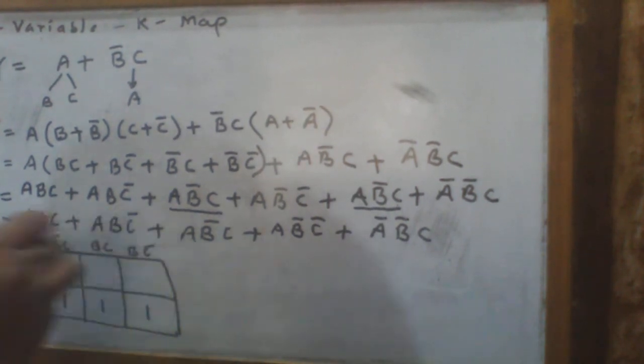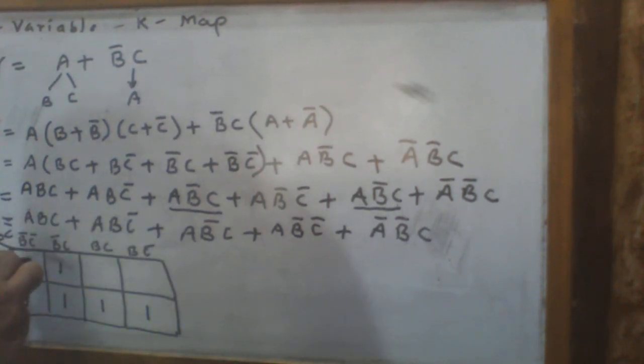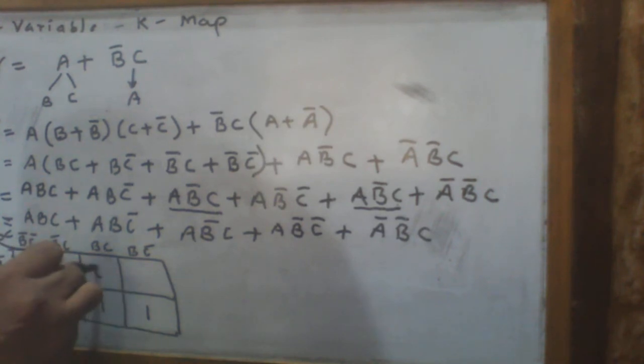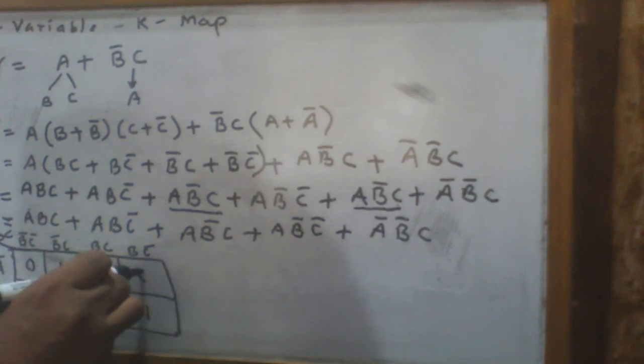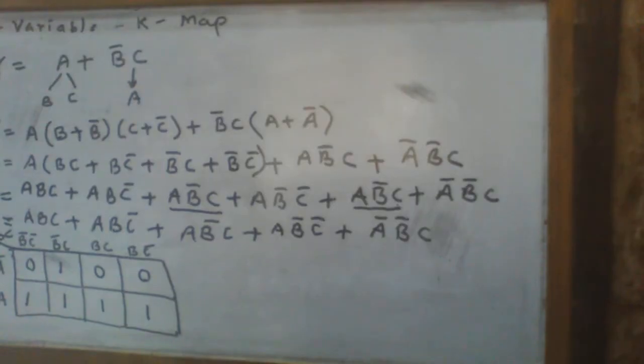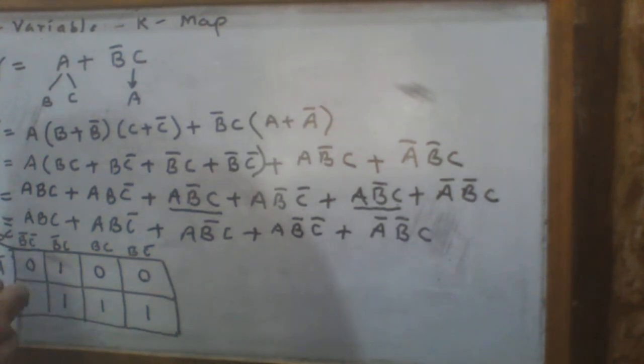Okay, and all other cells will be filled by zeros. These are the zeros. Now make a group of the maximum number of ones. The maximum number of ones is 4. I will make a group of 4,